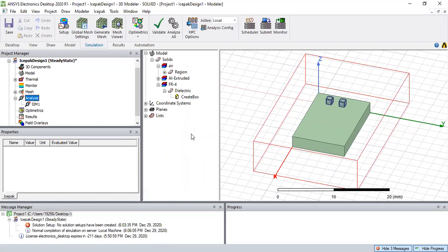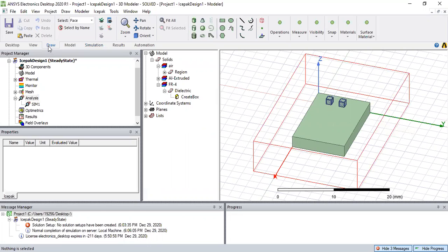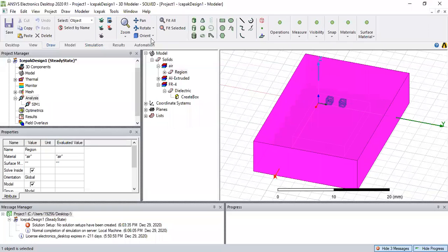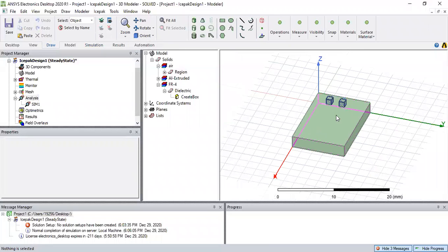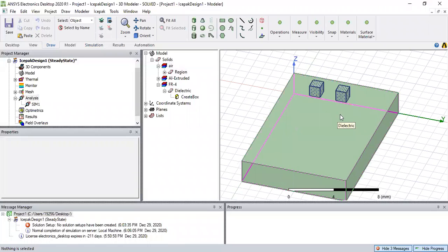Okay, it is now done and the simulation has been performed. We know this from this message, normal completion of simulation on local server machine. Now we need to actually see the simulation. As before, we no longer need to see the region. You can go back to draw, press O, select the entire object, click on the region, and hide it. Now we go back to face. Press F, select the top of the board,